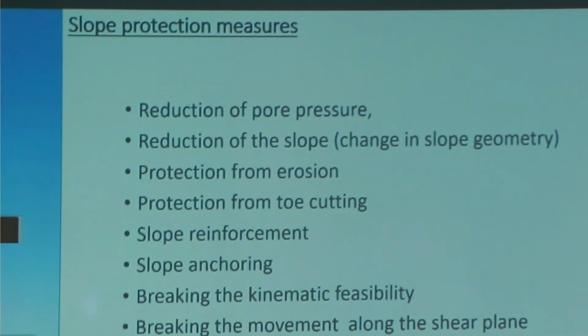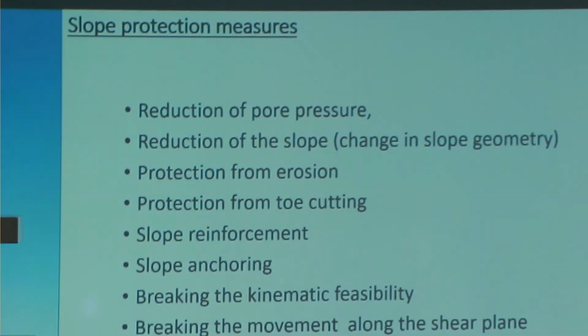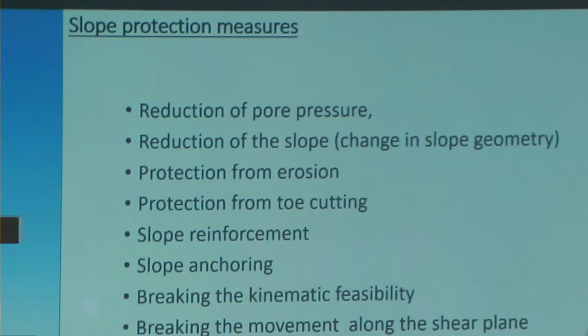And the next one is slope reinforcement. What I mean with this is either bioengineering reinforcement or short bolts that we don't anchor, we just put them there, like rock bolting in a tunnel. And the next is slope anchoring. If we have a big block, then we can put in the bolt. In that case, we have to tie that big block to a stable rock surface.